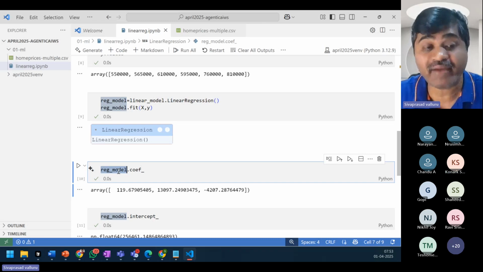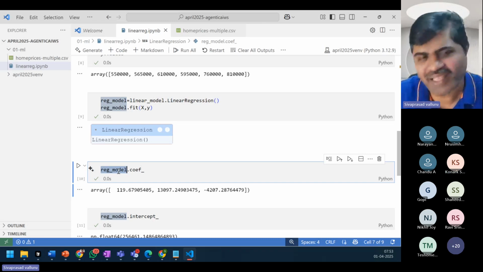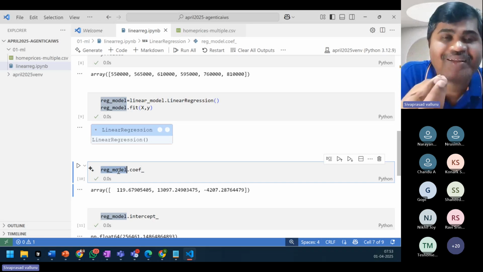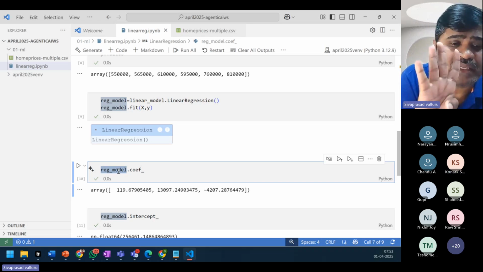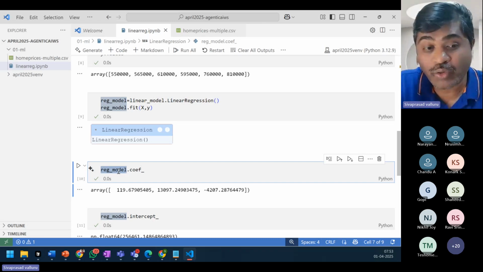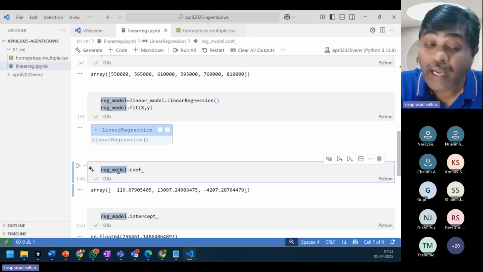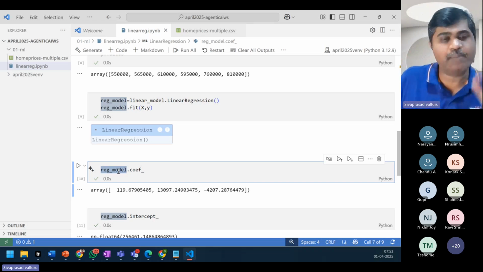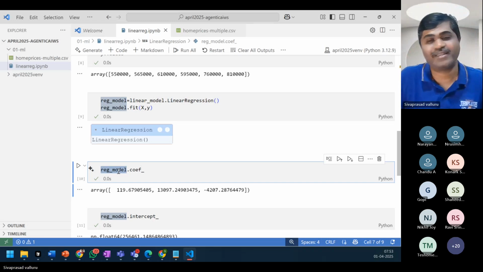This object will have M1, M2, M3, and something else like C. Right now this model is very small, with very few parameters. Four parameters are there: M1, M2, M3, and C. Whereas for GPT, I showed you 175 billion parameters. To save that model itself, it will take huge space. They are big models.